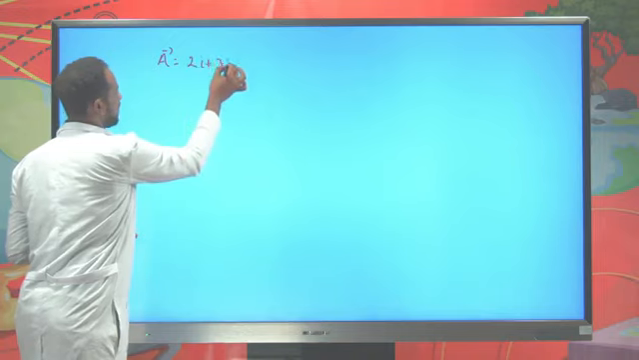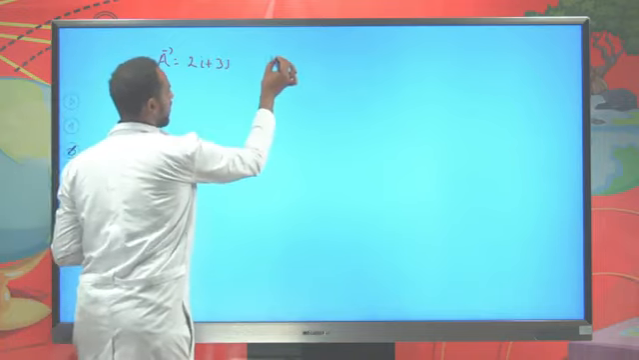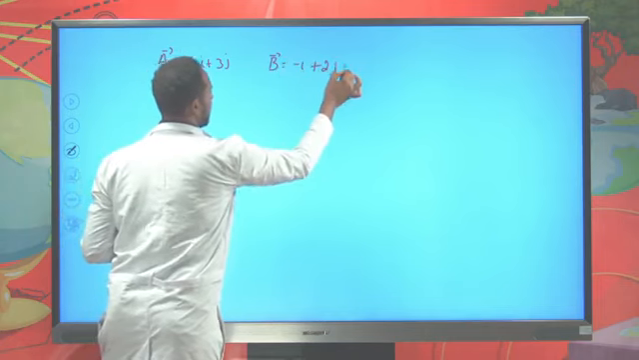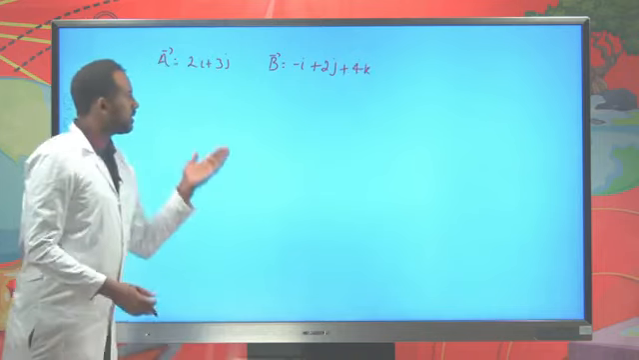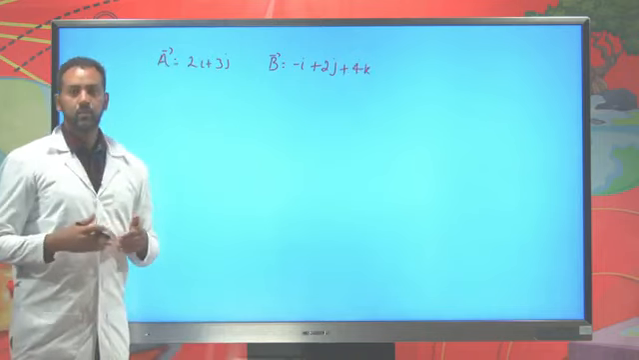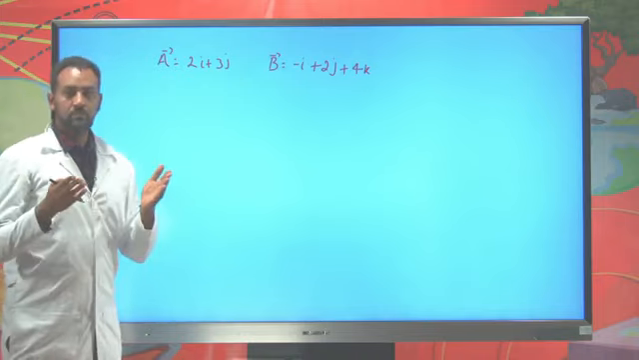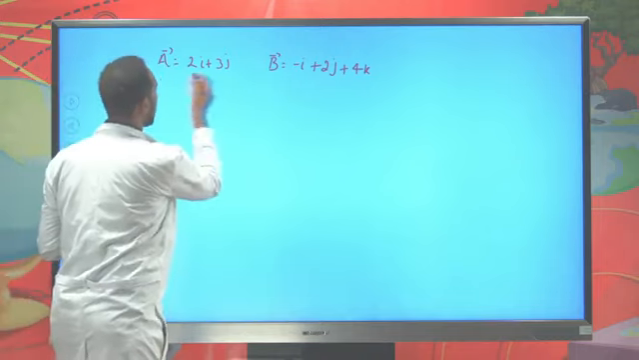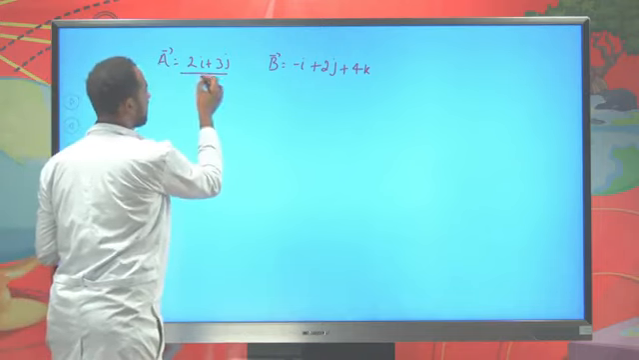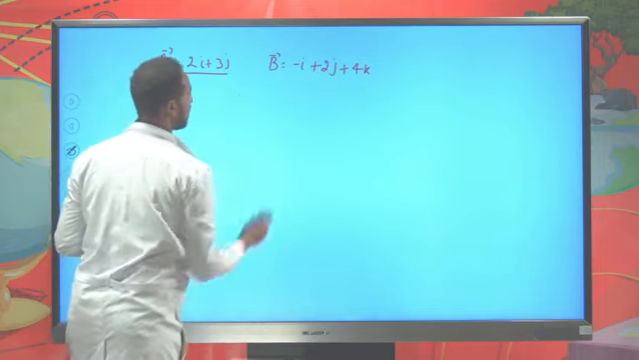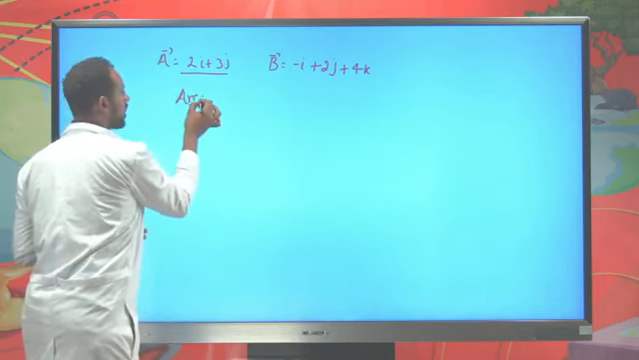Suppose that you have a parallelogram whose sides are given to be 2i plus 3j, and one of the other sides is minus i plus 2j plus 4k. If it is given like this, what is the cross product of the two vectors? That is how we determine the area of a parallelogram. One side is 2i plus 3j, and the other side is minus i plus 2j plus 4k. Therefore, the area of the parallelogram is